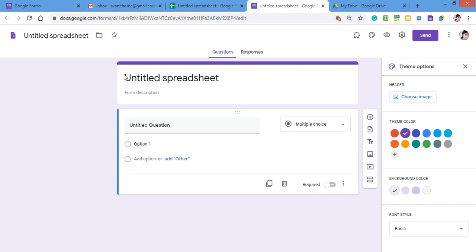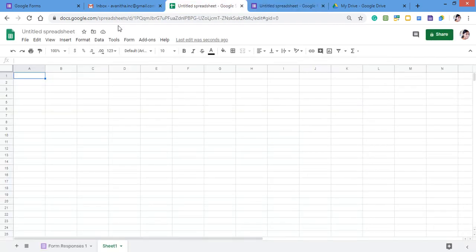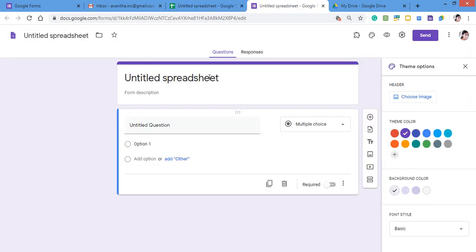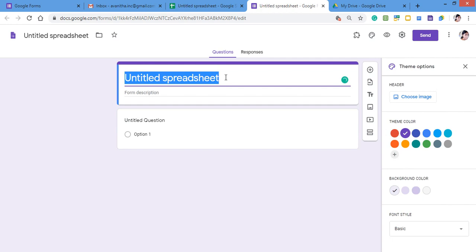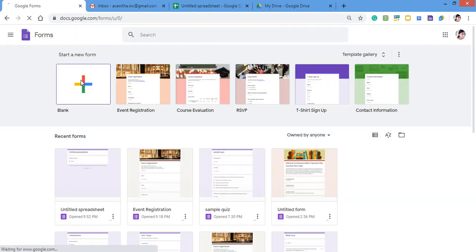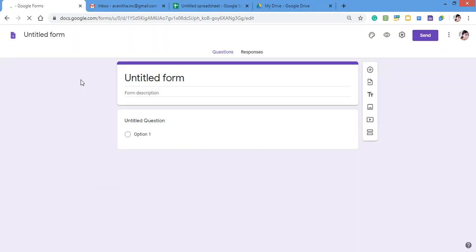As my page is showing untitled spreadsheet, since I opened it from the spreadsheet by creating a Google Form, it is showing as untitled spreadsheet. You can edit it, but it is an actual page of Google Forms. Now I will go to the actual page itself. For example, this is the actual Google page.